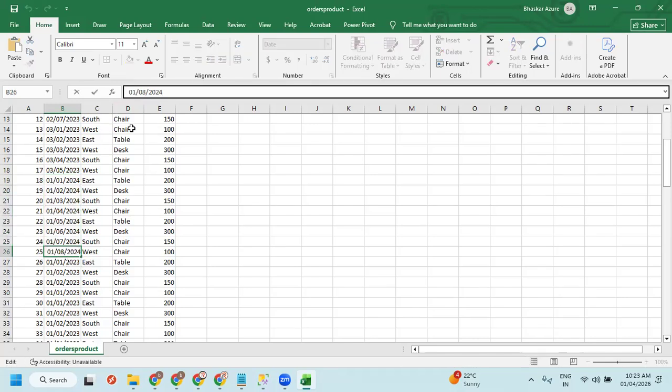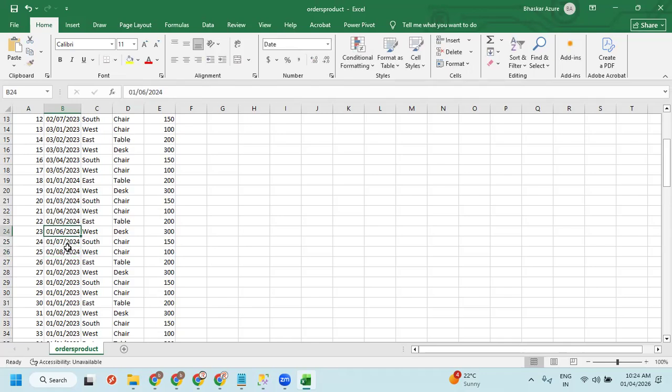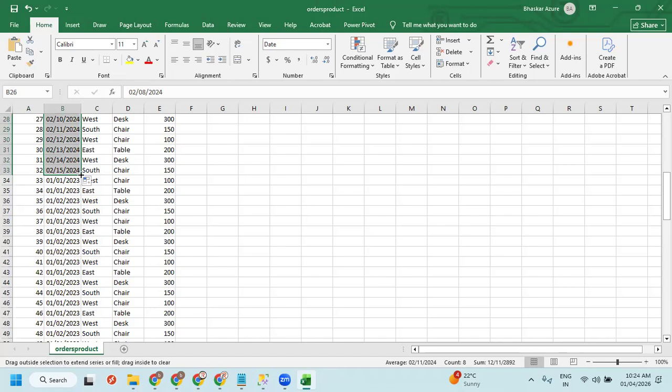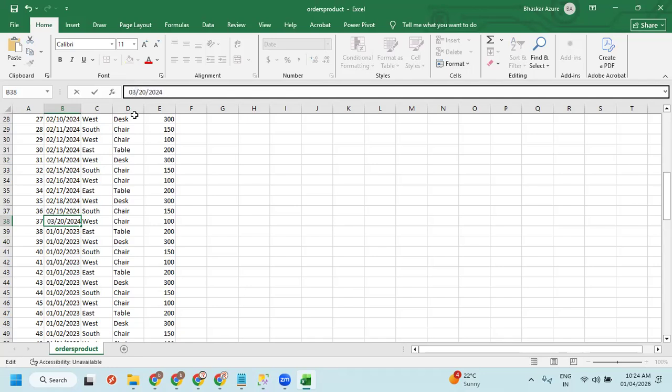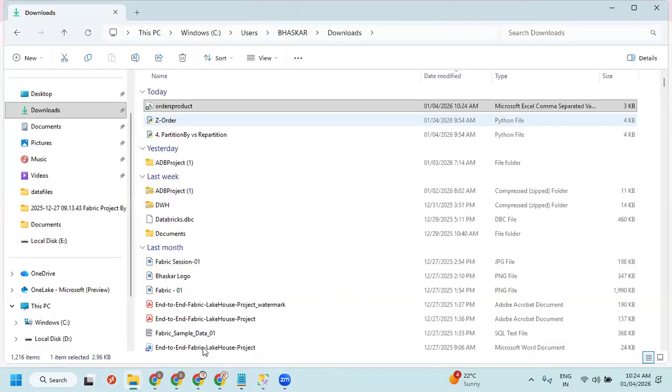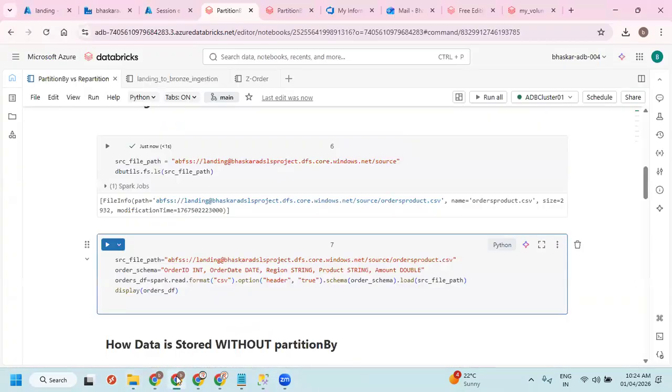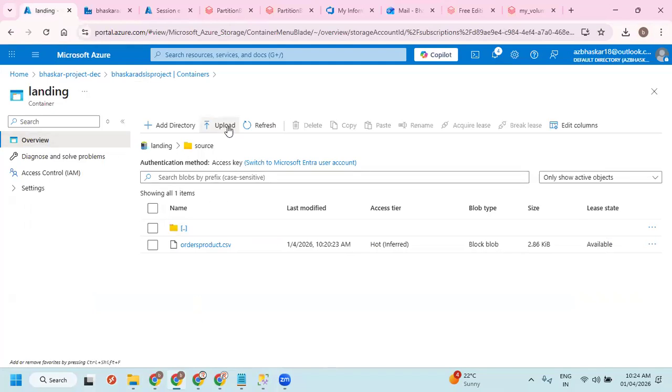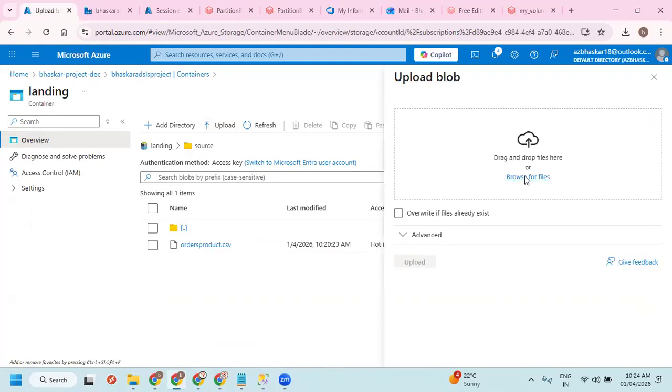Let me take this as 2 and this as 4. That's more than enough. So 2 years of data I have taken. Let me save this file and re-upload this file into this account. I'll override it.